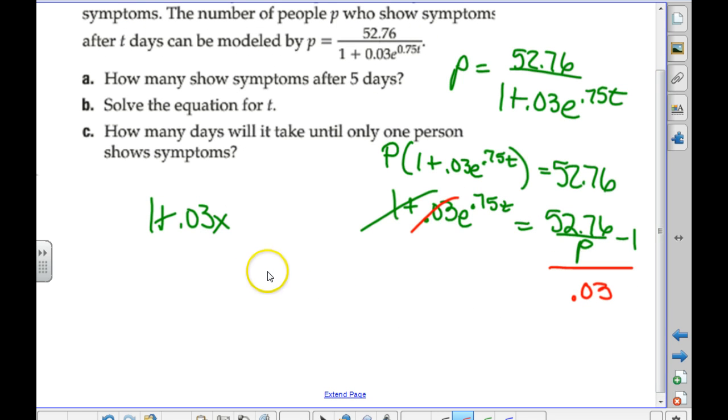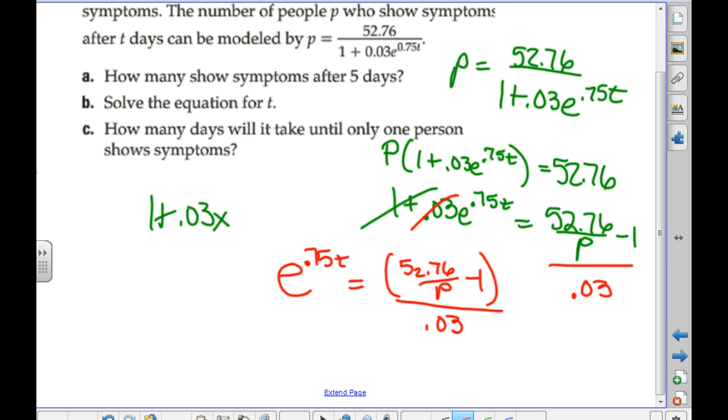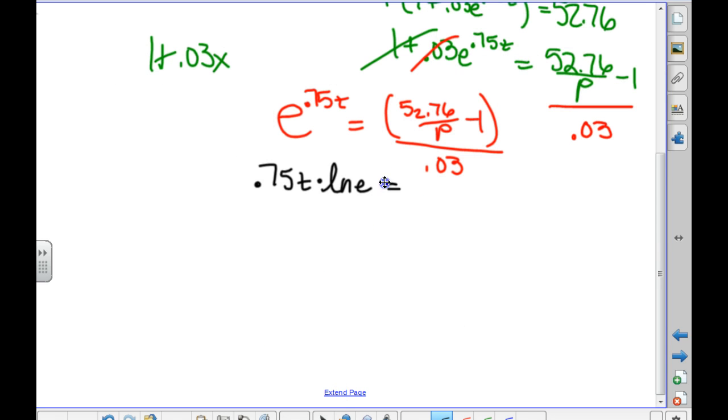So now we have e to the 0.75t equals 52.76 over p minus 1, all over 0.03. And what do we need to do next? The ln. We need to take the log of both sides. 0.75t times the natural log of e equals the natural log of